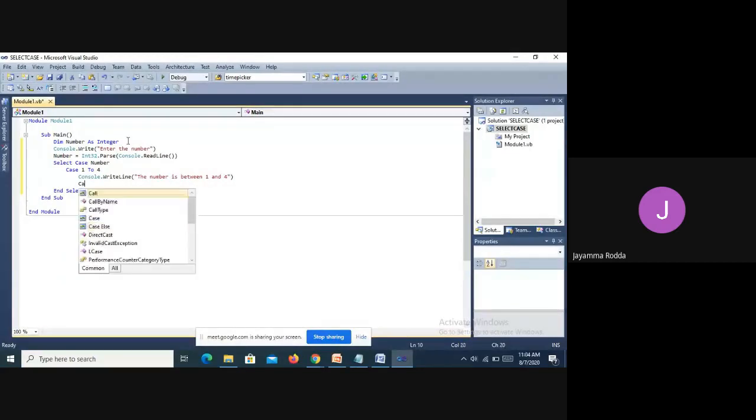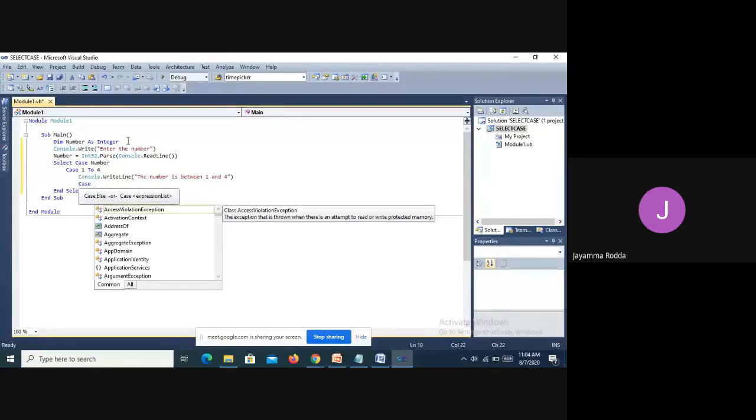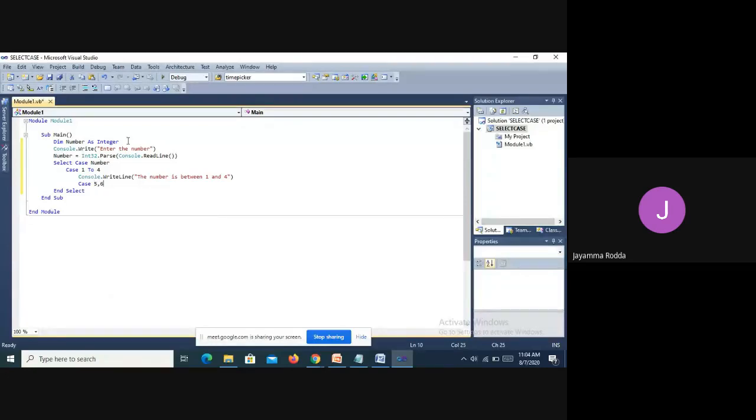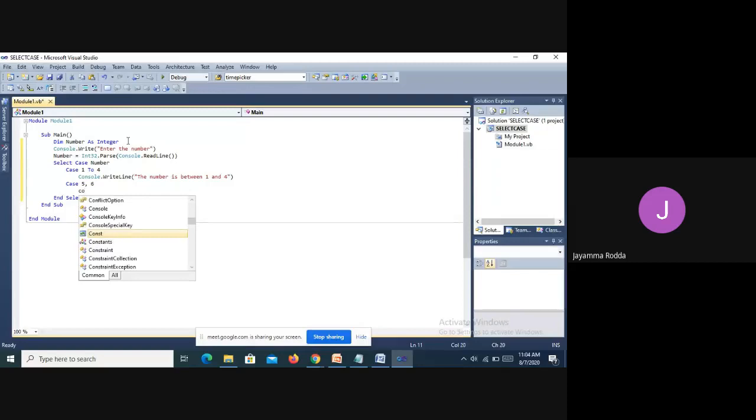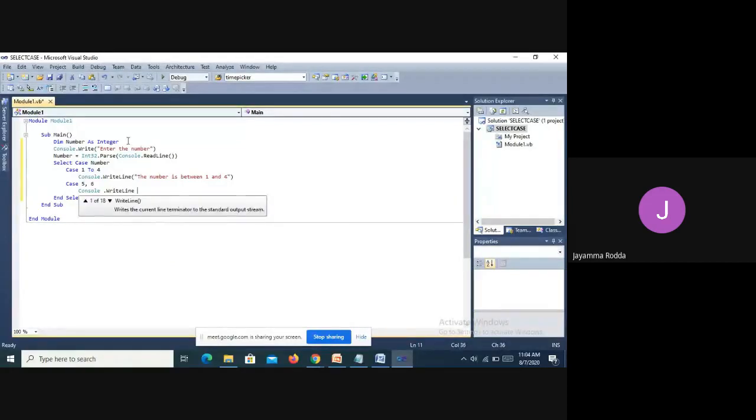Next, again Case 5, 6. You see, it is automatically adjusting the lines. Console.WriteLine("The number is 5 or 6"). Okay. Next case.